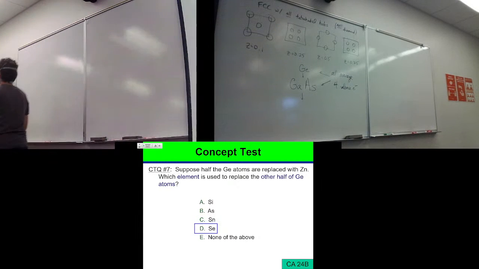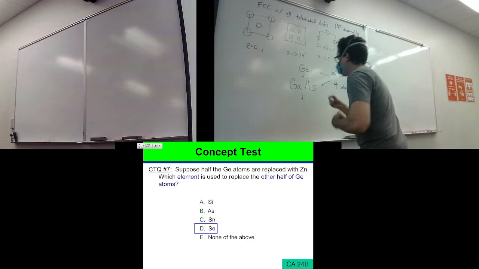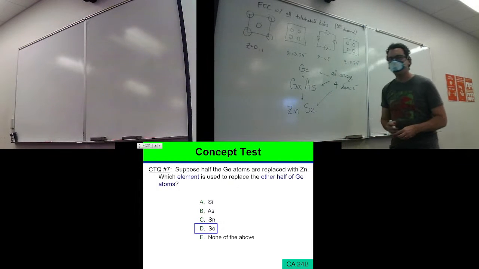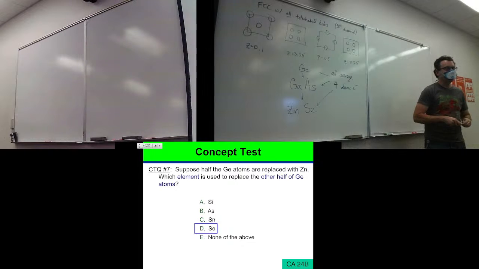Germanium has 4 valence electrons. If I take half my germanium atoms in my crystal and replace them with zinc, which has 2 fewer valence electrons, then the other half, to maintain the average of 4, should be replaced with something like selenium, which has 2 extra valence electrons. And then you will still have an average of 4 valence electrons. So if I combine zinc and selenium, I should still have a diamond-like crystal structure because on average I'll have